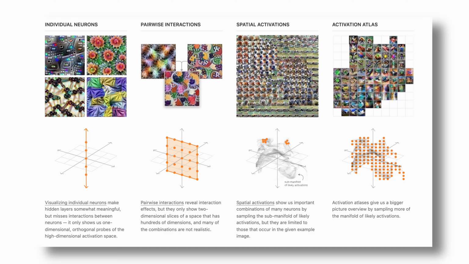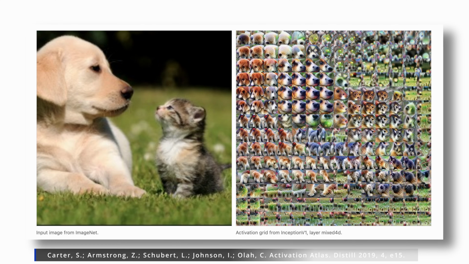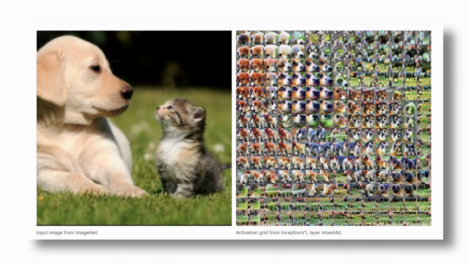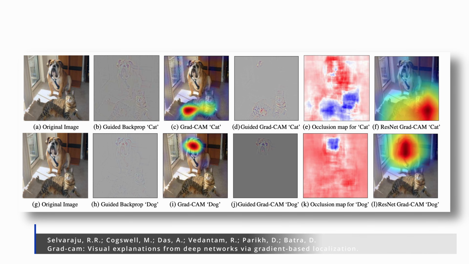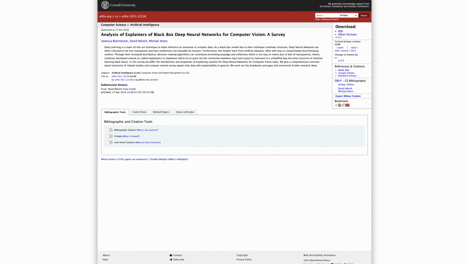Let's consider only computer vision problems for now. Explainable AI is the method that tries to explain the outcomes by highlighting a part of the image responsible for the final decision. This explanation can be applied to various neural networks to explain their output, but it doesn't tell much about the model itself. There is a paper that describes a lot of the different explainers for computer vision problems. The links are in the description.